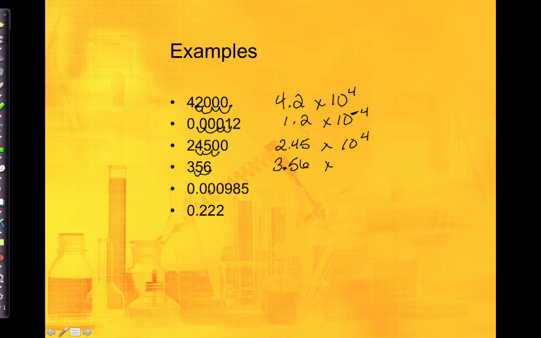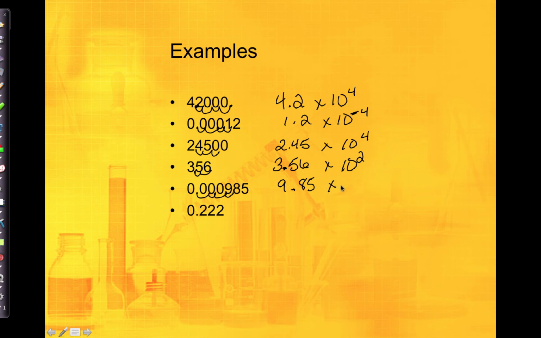3.56, and I moved it once, twice, so 10 to the second. And it's positive because it's larger than 1. Alright, so for this one, I'm going to move the decimal until there's just one non-zero number in front of it. So now it's at